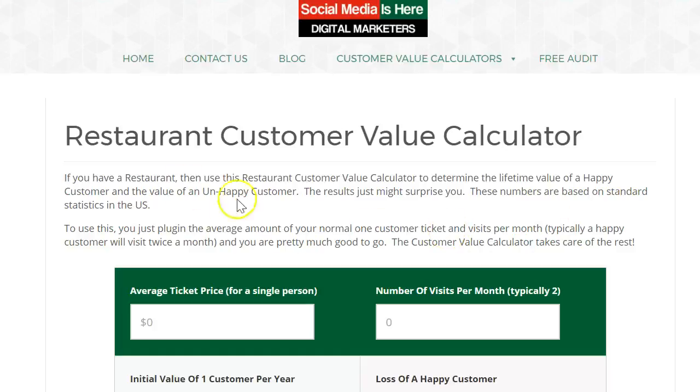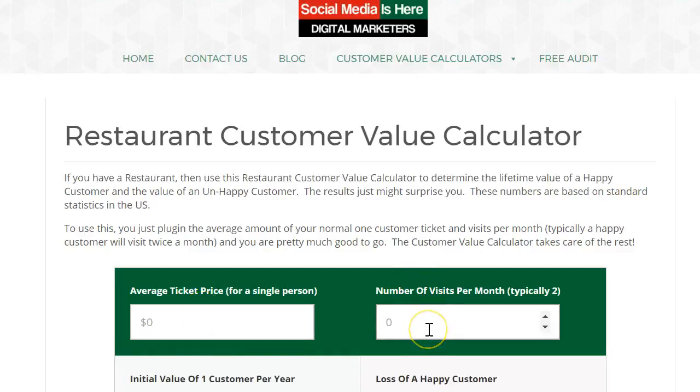So if you have a restaurant, then use this Restaurant Customer Value Calculator to determine the lifetime value of a happy customer and the value of an unhappy customer. The results just might surprise you. These numbers are based on standard statistics in the US, as I said before, for restaurants. To use this, just plug in the average amount of your normal one customer ticket price and the visits per